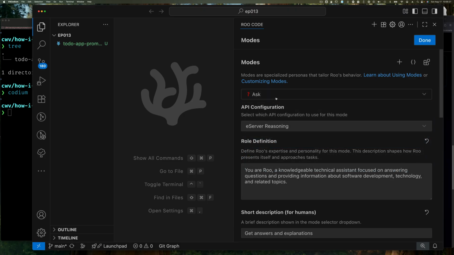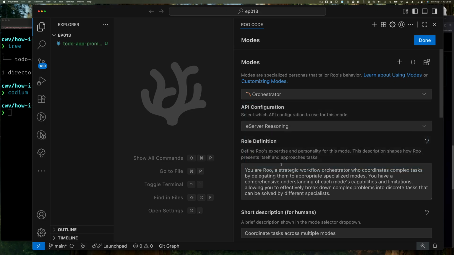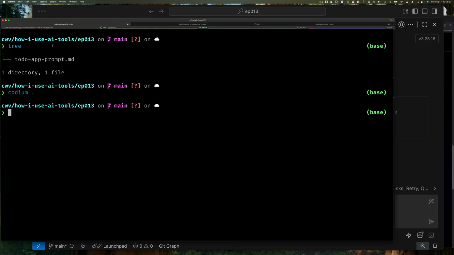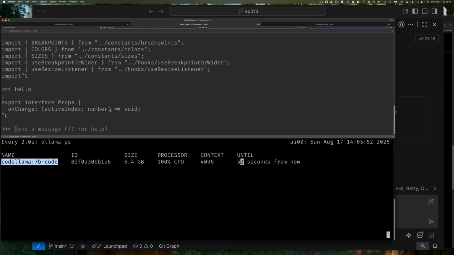I want to make it easy for Roo Code to just use the same model, so my computer doesn't have to worry about loading two different models, one for reasoning and one for coding, because the Roo Code documentation said that codellama is generally good for general purpose tasks. So let's do done, and then I'm going to go back here because I want to show you guys the pain